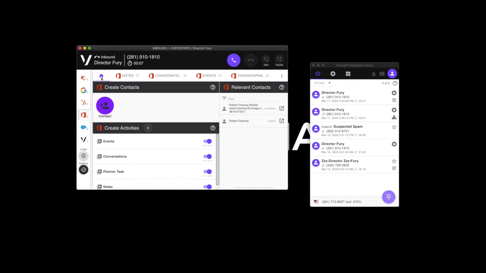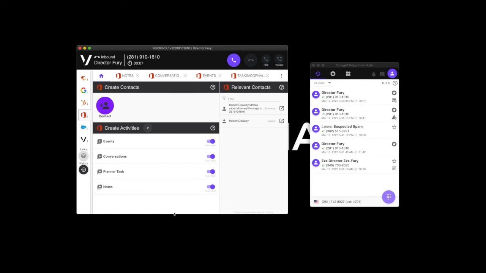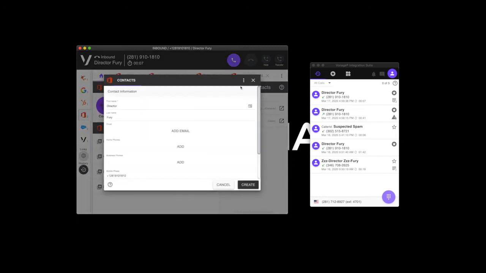Most importantly, we have the home button. This is an effective tool, especially when you have multiple matching contacts for a single phone number. In a case like a company that's publishing a single caller ID, however, you have multiple contacts at that company, you want to accurately reflect which person you spoke to. So you can actually drag and drop your accurate user into the event or note or conversation that you want to generate, and it will open up an additional window.